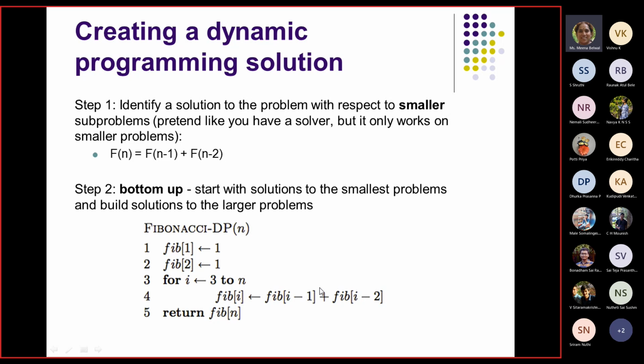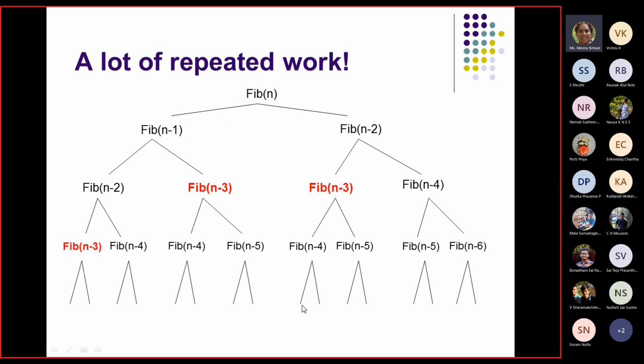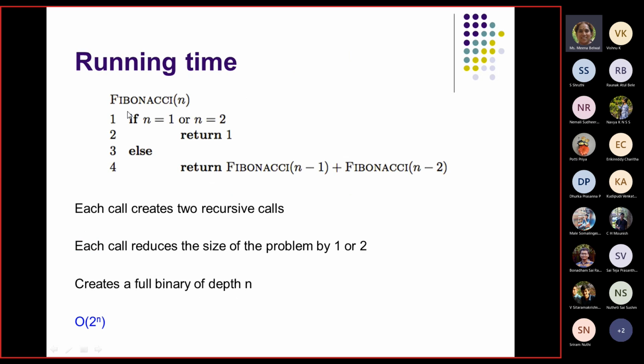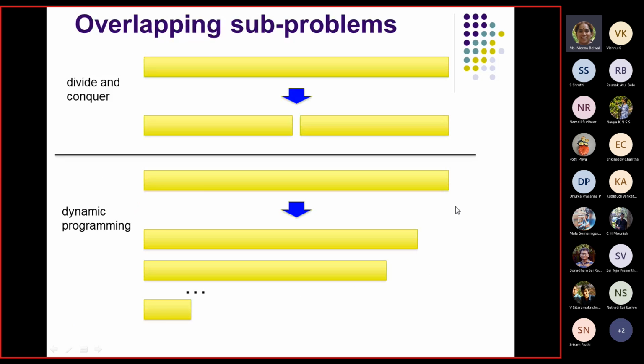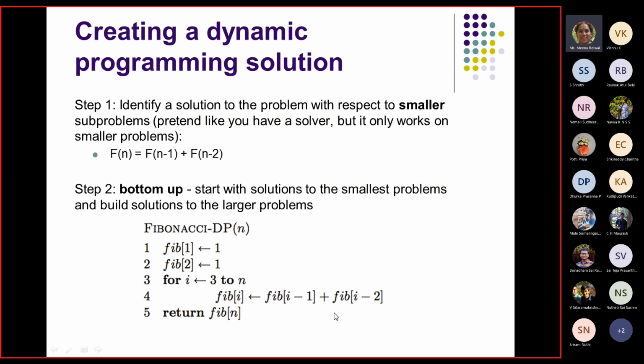I will have the solution because it's an array. I am creating an array, fib 1, fib 2. So every time I update the array and I take the value from that array. It's now in array format, okay? It's not a function now. See, that's the difference. Here, when I was writing it before, I was actually recursively calling the function. Now I am not calling the function. I am picking the value from the array. That's the difference in writing the algorithm. Here, my fib is an array. There it was a function. I am not calling Fibonacci dp n here. I am just using the array. Fibonacci i is Fibonacci i minus 1 plus Fibonacci i minus 2. Return fib n.